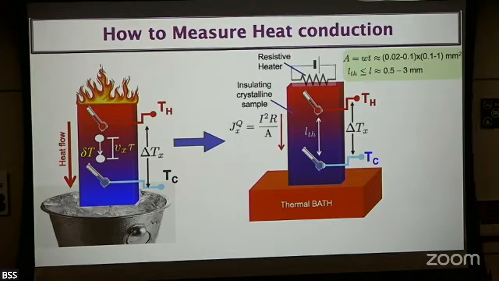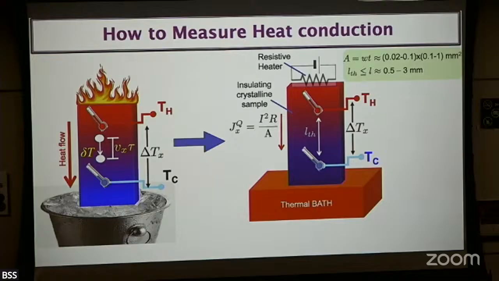The typical dimension of our samples, the magnetic insulators that we studied, ruthenium trichloride and all kinds of magnetic insulators, is this: the area on top is about 20 micron to 100 micron thickness, and the width from here to here is about 0.1 to 1 millimeter. It's very small, okay? And for length, if we have a 3 millimeter sample, we have our day. I mean, with a 3 millimeter sample, if you cannot measure your thermal conductivity, that should not happen, okay?